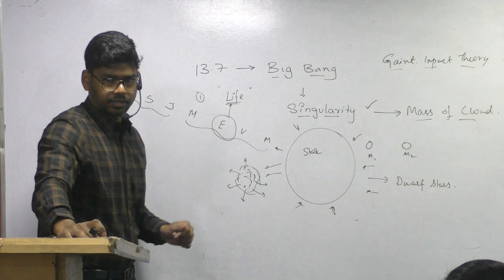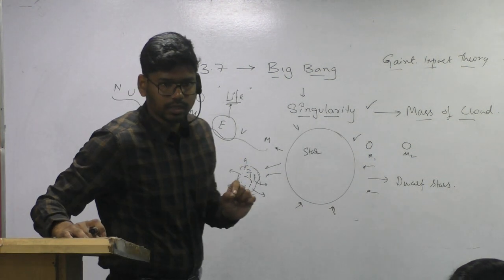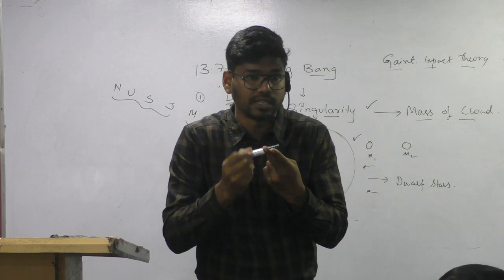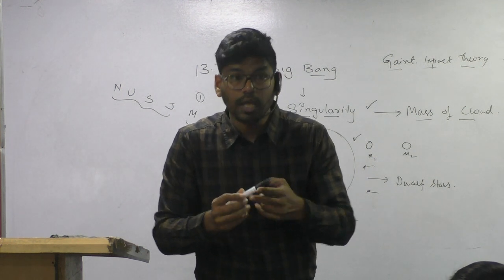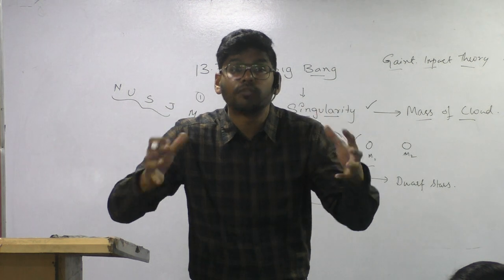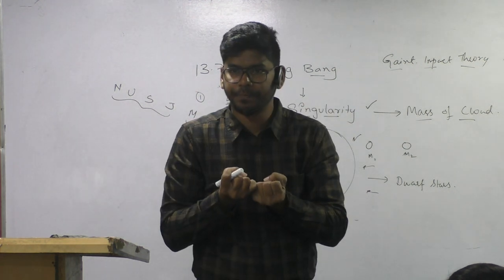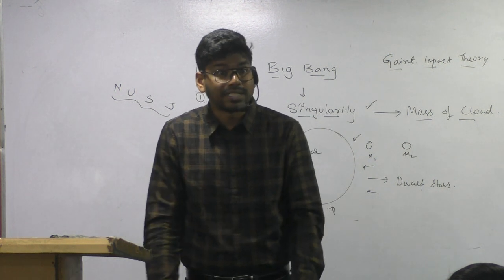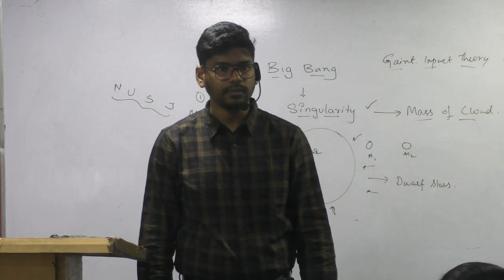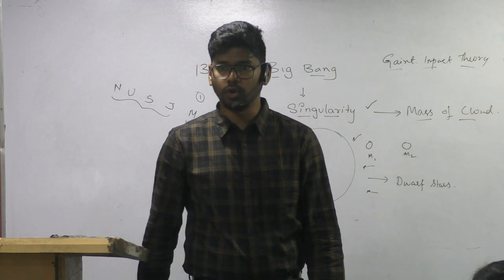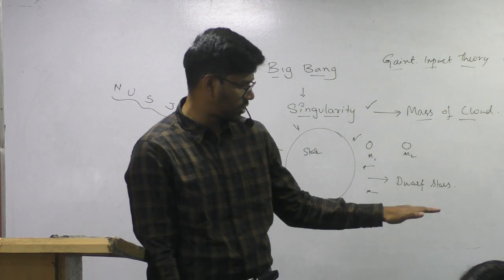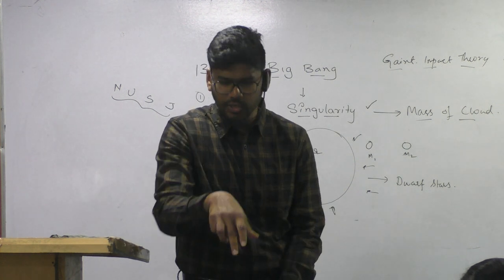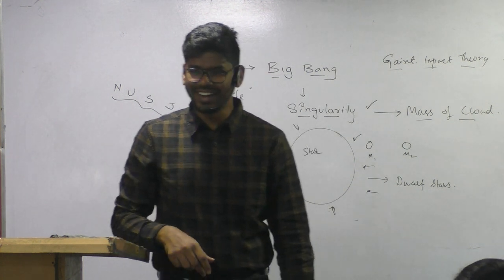Coming back to the earth, on the earth we have an atmosphere. That means the second reason why life could possibly exist on the earth is that the size of the earth is sufficient to hold the atmosphere. If a planet is within the Goldilocks region but the size is not good, it is like you got first rank and want to become an IPS officer, but your height is only this much. A thief is running, and with your tiny legs you cannot run. So that's why for